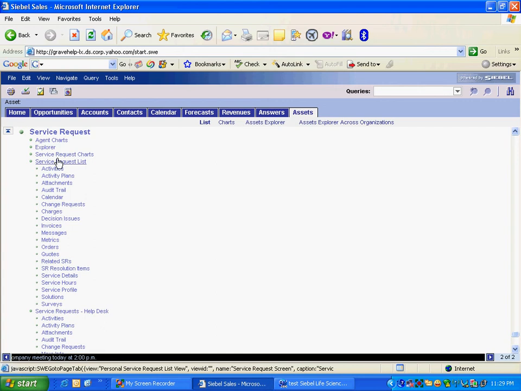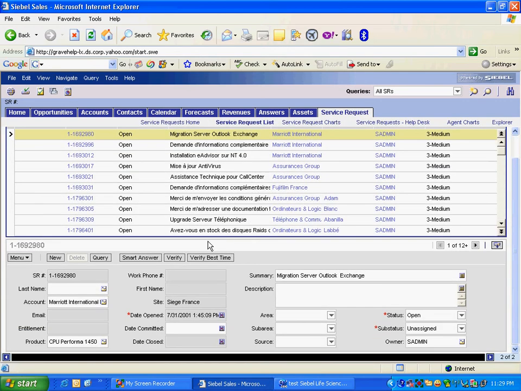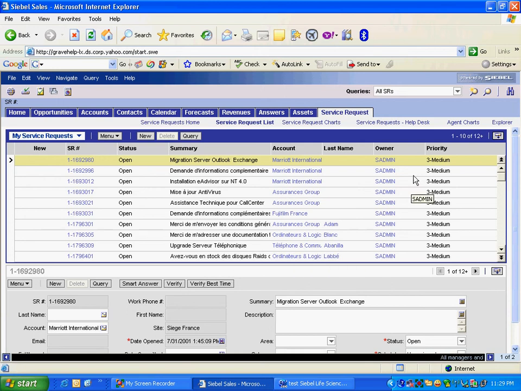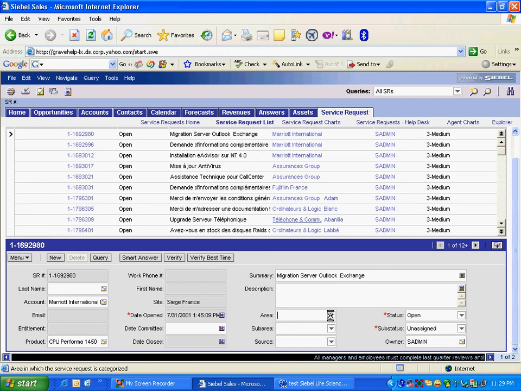a rep would typically go to service request and create a service request. Service reps will do that. When he creates a service request, at that time he will enter the type subtype somewhere, like area sub area, like printer, then network. Then when he clicks save, an applet below this one will get toggled to something in which he can enter printer and network related problems only.